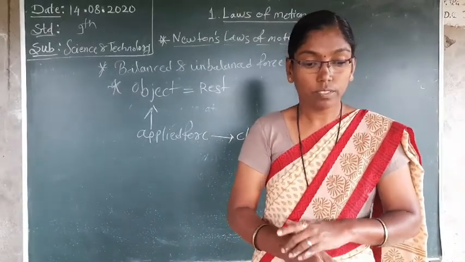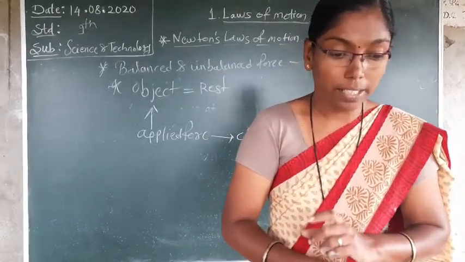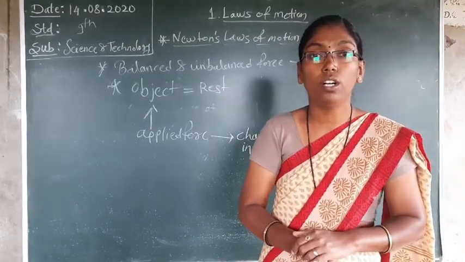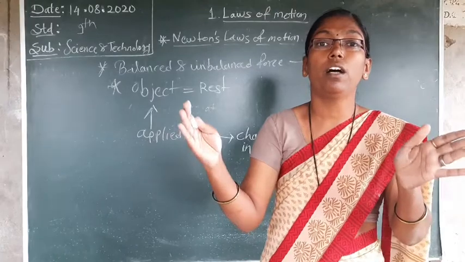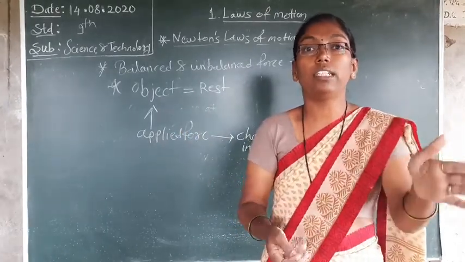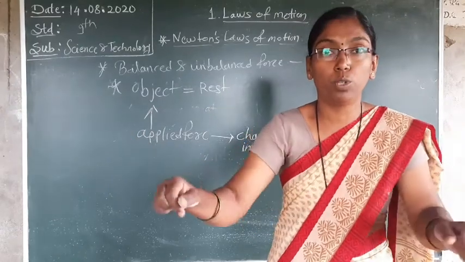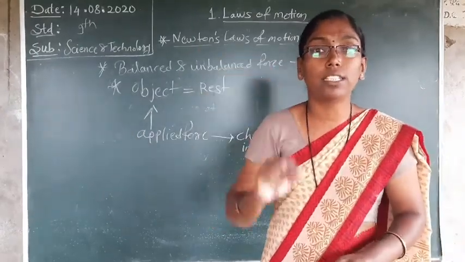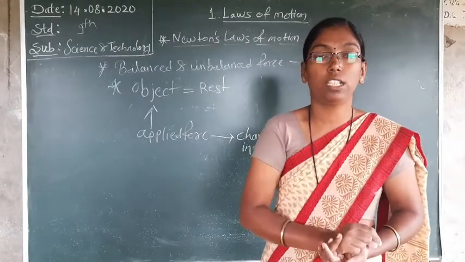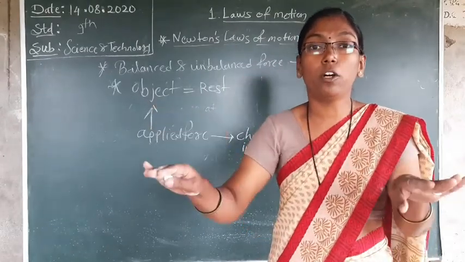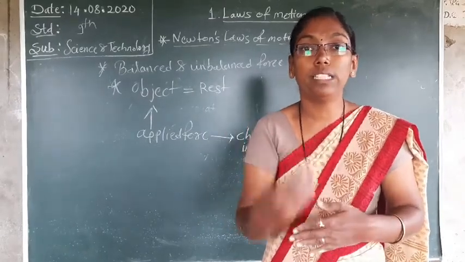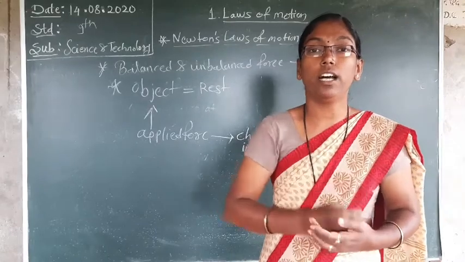Forces may be applied on it, but they cancel one another. Net force is 0. When is net force 0? When two equal and opposite forces are applied, like tug of war. Here 10 students are applying force. The center rope stays straight, as in the rest position, meaning net force is equal to 0. But when unequal force is there, net force is not 0, and we see it changes direction.